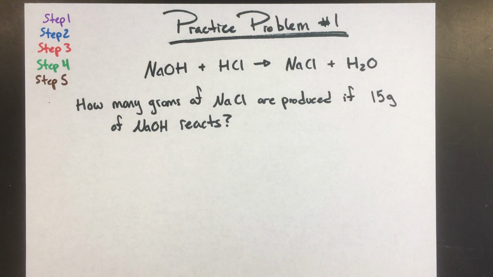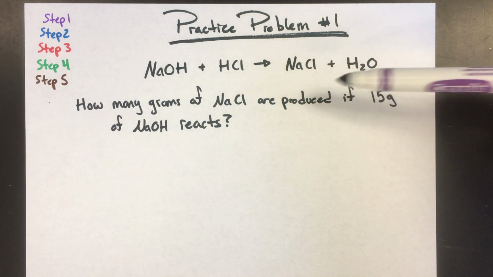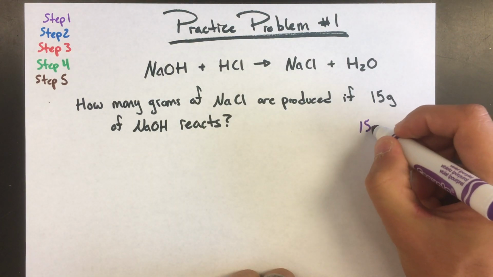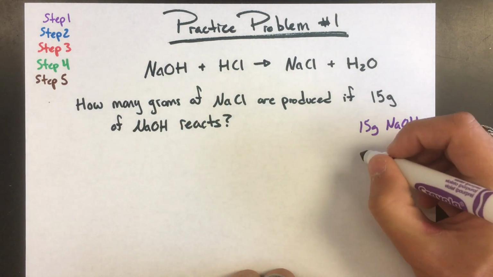All right, here's our first practice problem. In this reaction, sodium hydroxide reacts with hydrochloric acid to form sodium chloride and water. We're trying to figure out how many grams of sodium chloride are produced if 15 grams of sodium hydroxide reacts. So the first step is to write down what we're given. So we know that we have 15 grams of NaOH. We also know that we're finding